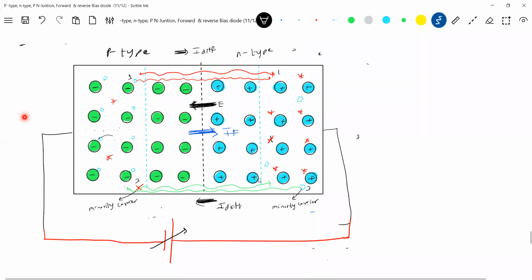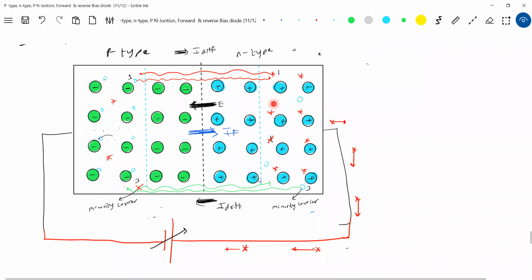So first we'll discuss the flow of charges here. The positive terminal will directly pull the electron, so this electron will come here. This is the only way we know to analyze the concept: take the help of electrons. It'll be much easier for you. So the simplest way, this electron will take this position, and this electron will take this position.